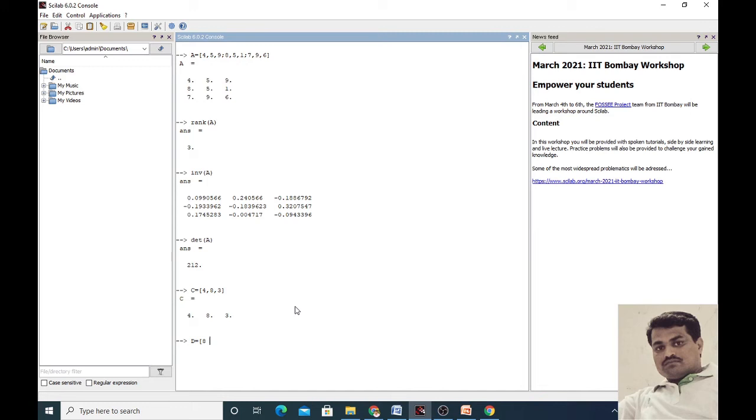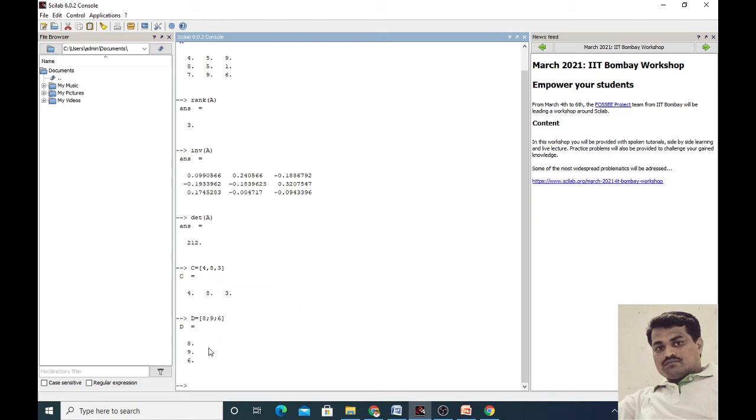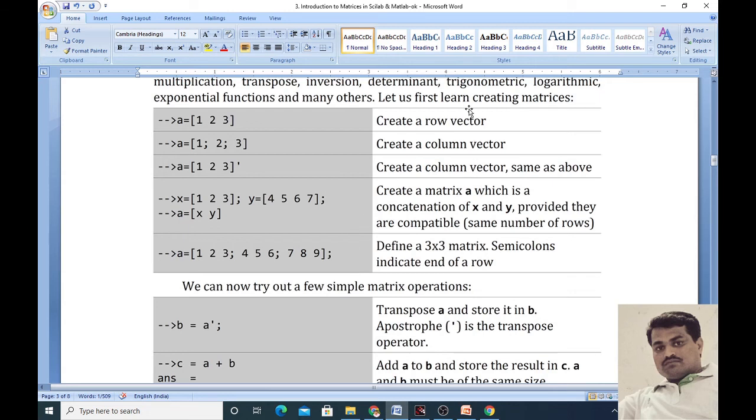We can also separate the elements by the space, but here I am taking the column matrix. That's why here we take the semicolon. 9 semicolon 6. This is the column matrix. In the column matrix we get D is equal to, first element is 8, second element is 9 and third element is 6. Okay, in this way we can create the row vector and column vector or matrices.